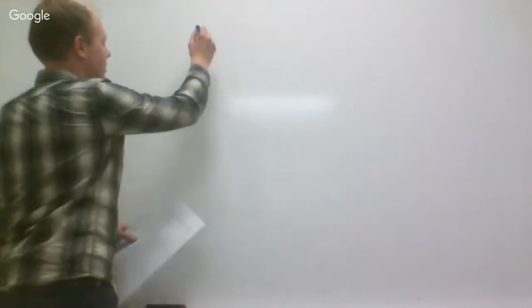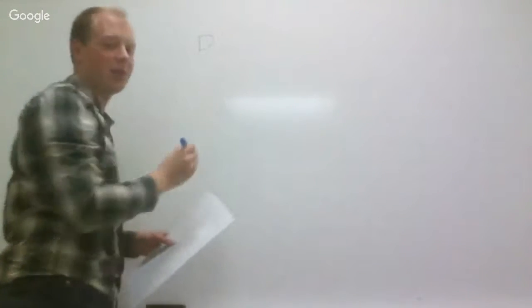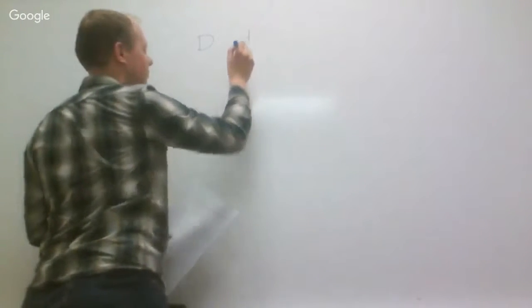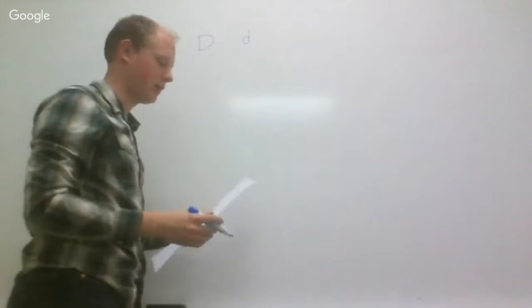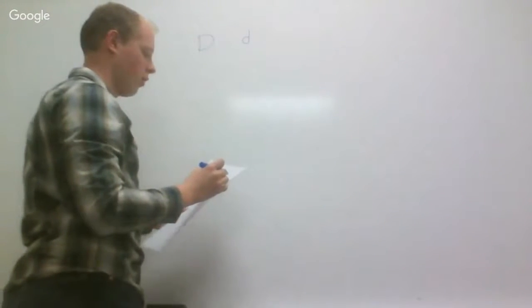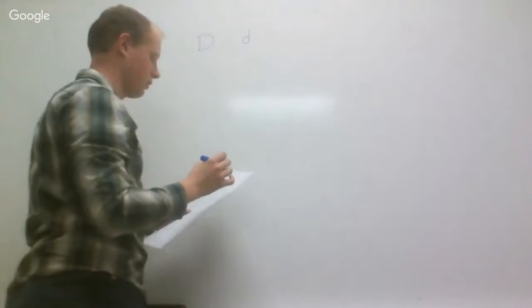We'll start by tackling problem number 1. It's about the Niemann-Pick disease. For the Niemann-Pick disease, there's a dominant D allele for unaffected and a recessive d allele, and that is the affected Niemann-Pick disease. So our problem tells us that 1 out of 150,000 people